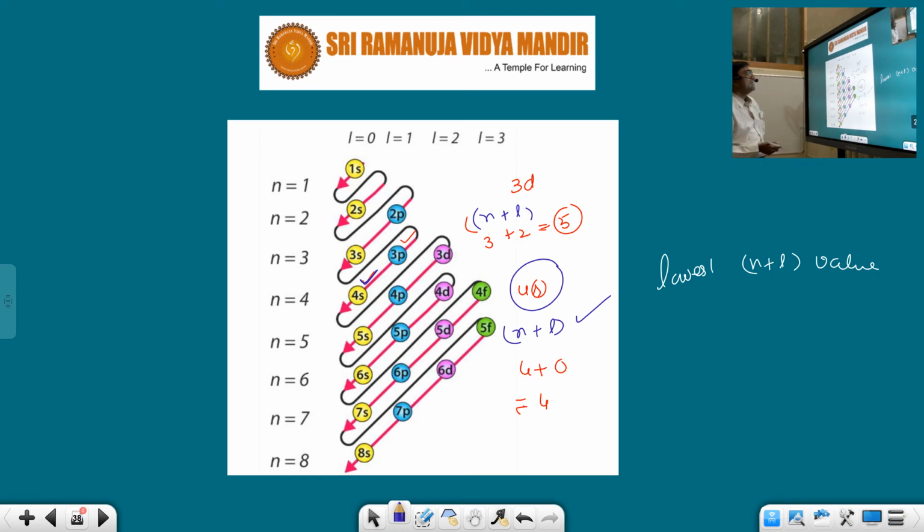So I hope you are very clear. This way, electrons will be filled. You have studied this in periodic classification. The Aufbau principle is based on the lowest n plus l value, and this is a very important principle. When you are writing electronic configuration, you cannot fill the way you like. You have to follow an order named the Aufbau principle. The Aufbau principle defines the energy levels based on the lowest n plus l value.